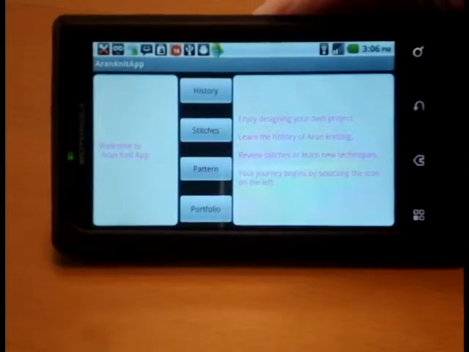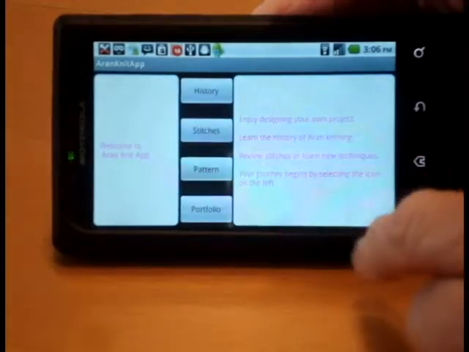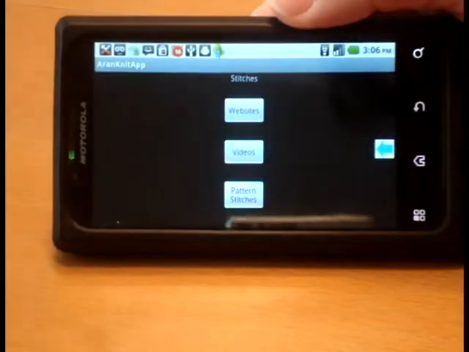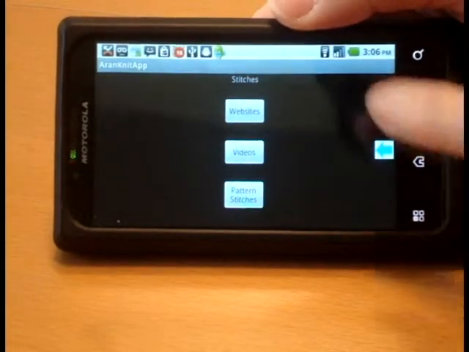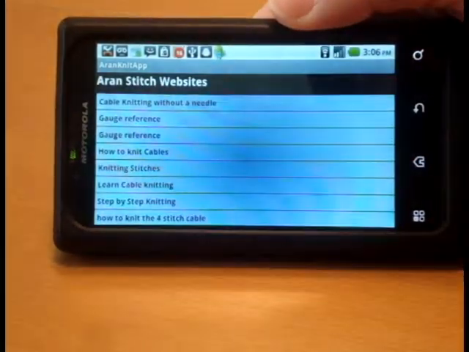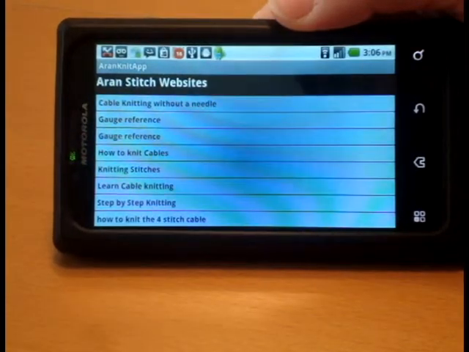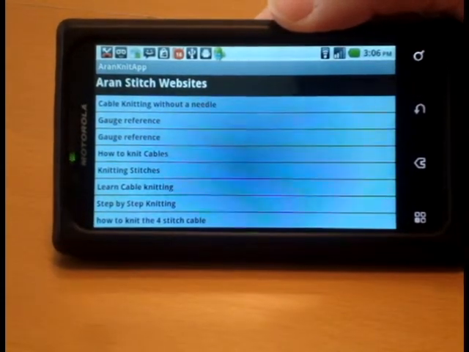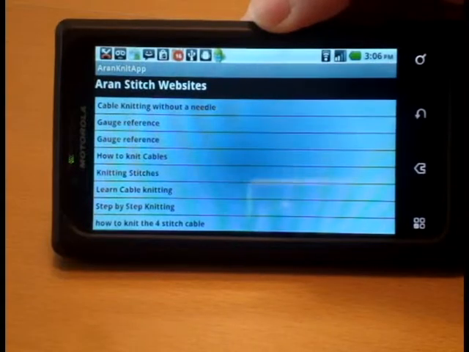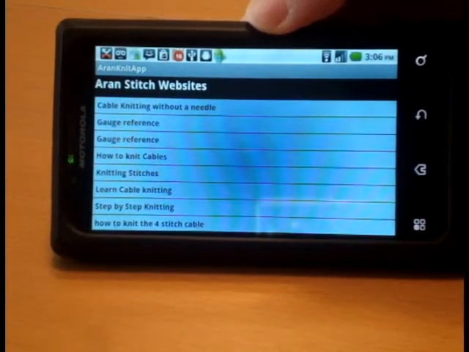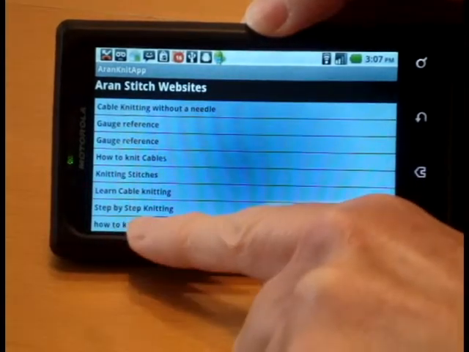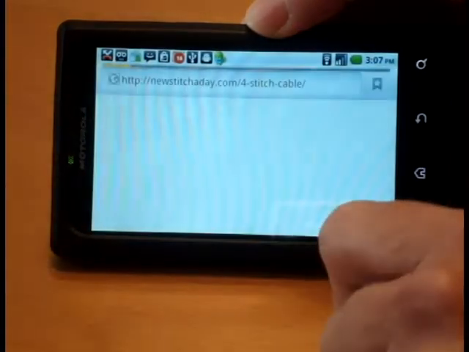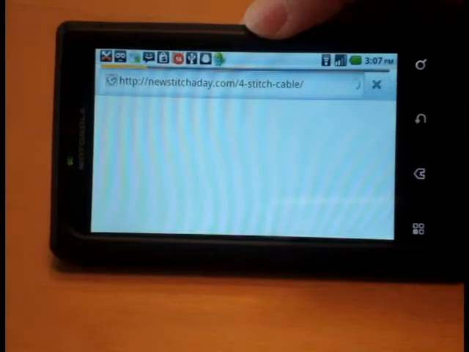And from here, let's check out stitches, and it brings up the menu in stitches, and we'll click the websites. There are the websites listed, and I guess what we will look for is how to knit a 4-stitch cable, and there it is,